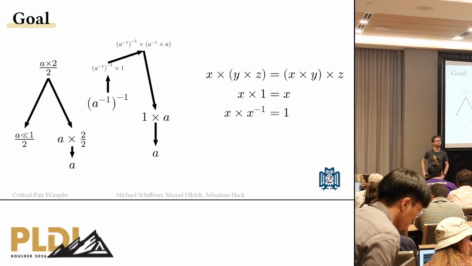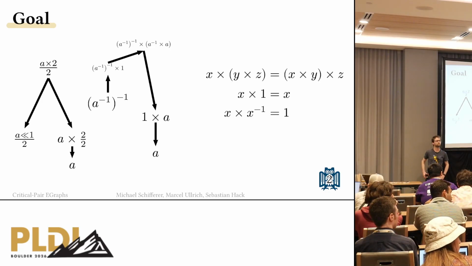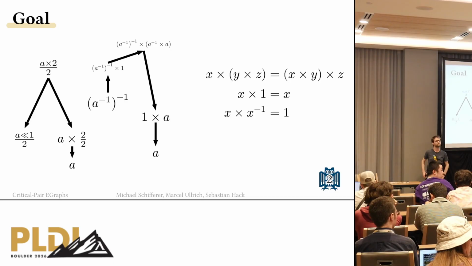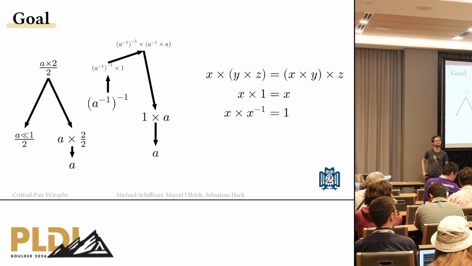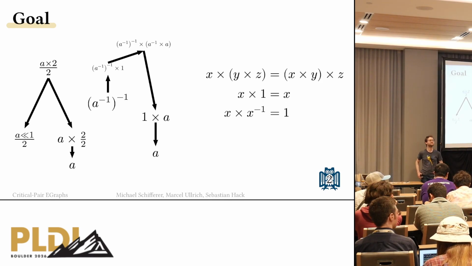So EGRAPH has no problem deriving the example on the right as well. So I think I would need some more motivation to make it convincing to me that Knuth-Bendix completion actually is beneficial for EGRAPH. So this is my first question. And the second question is, of course, due to your evaluation, you see there's some improvement, but I have